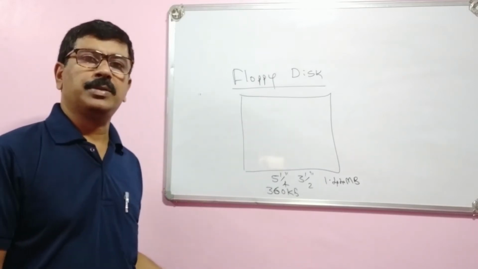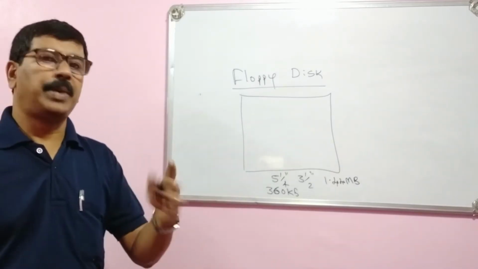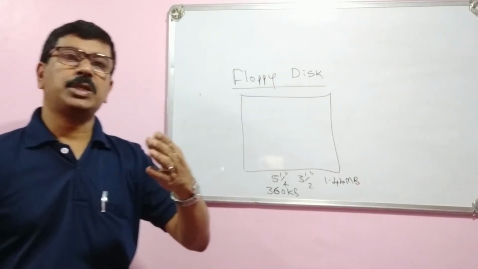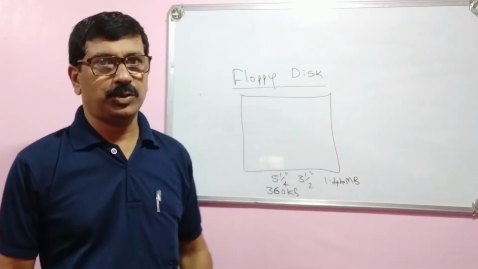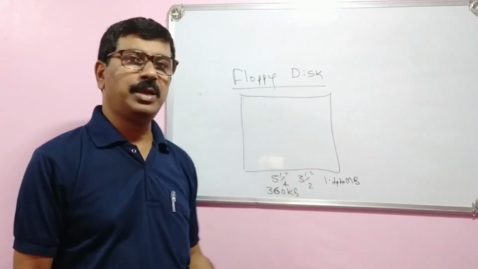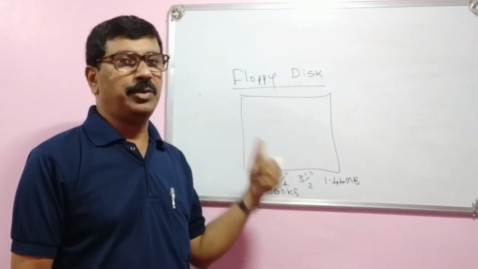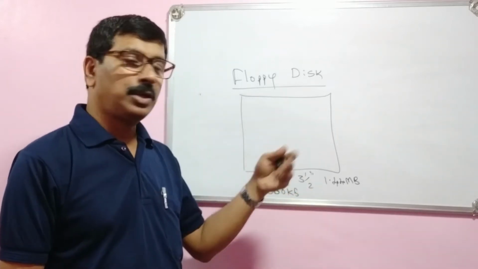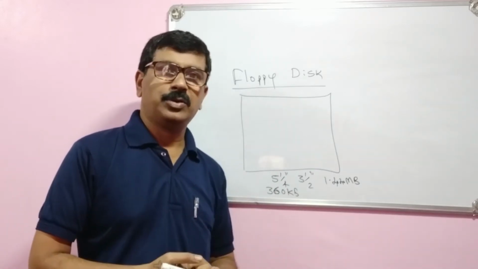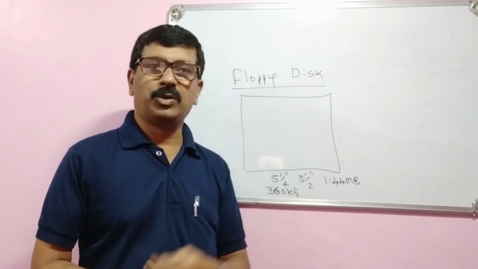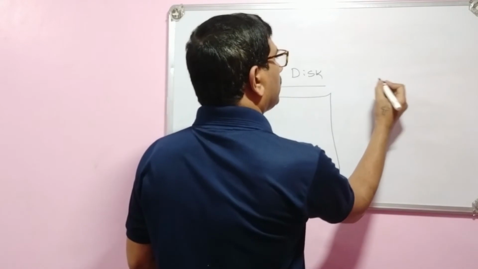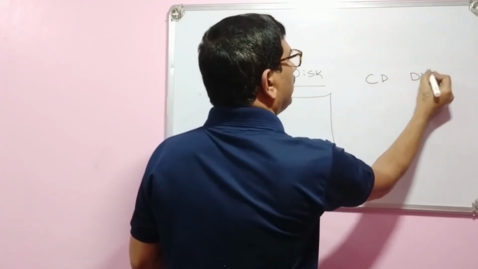Okay. Afterwards, we started using pen drive. But before that, there was floppy disk to move information from one computer to another computer or one area to another area. The floppy disk was the device in the earlier age. But nowadays we are using memory cards, memory chips or pen drives to move the information. After floppy disk, some more devices were developed like CD, DVD.